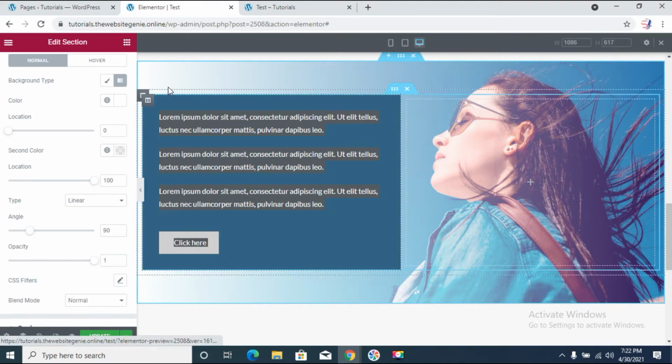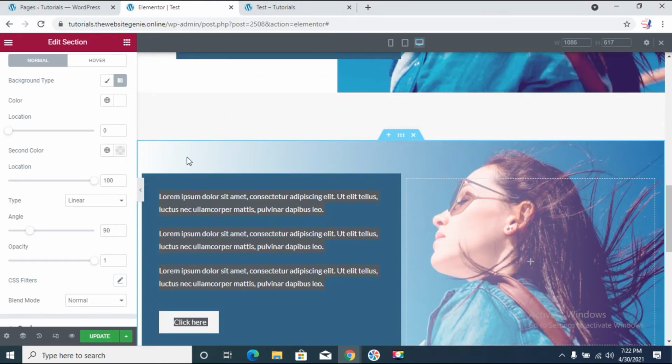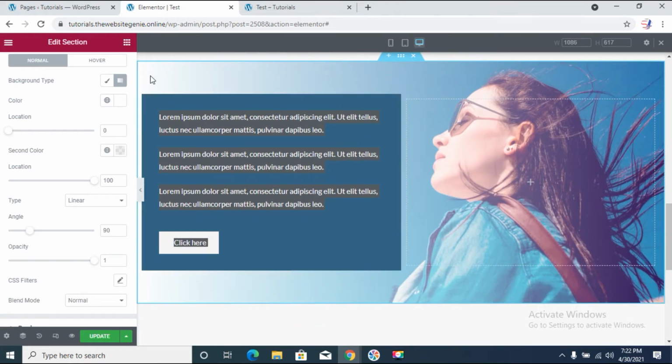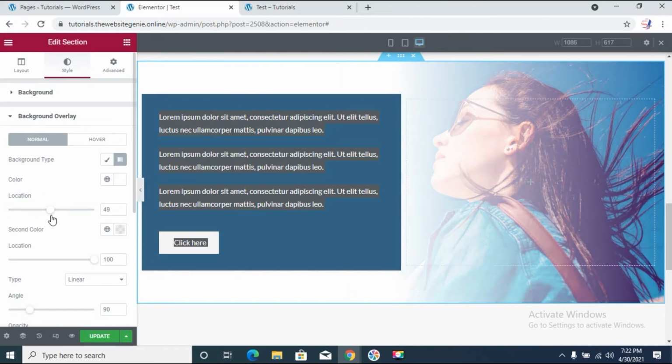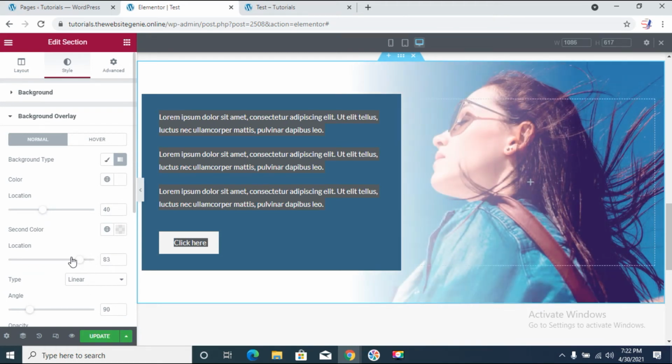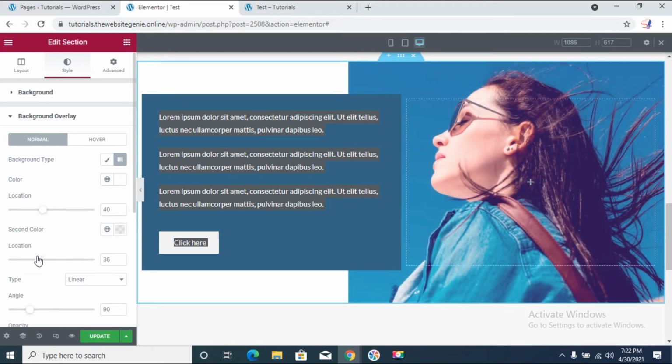So as you can see, what we are trying to do is develop a point where the first image has an ending. So you see what I mean. In the location, we'll keep it at something around 40, and the location of the second color would also be 40.